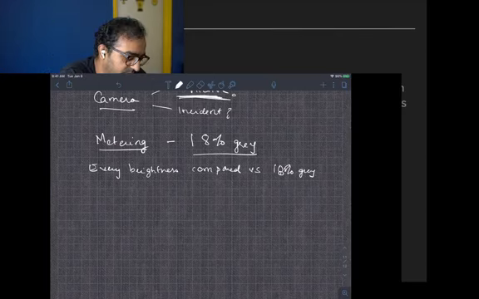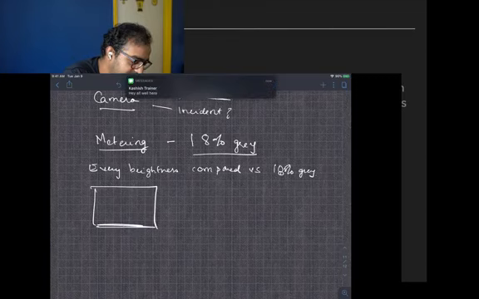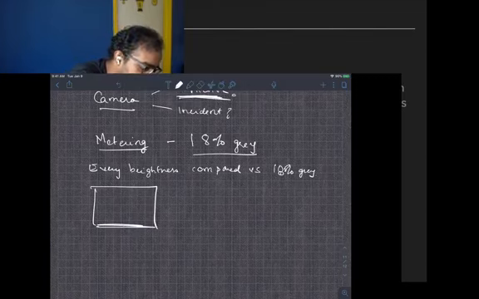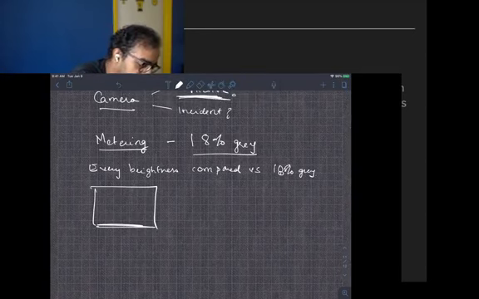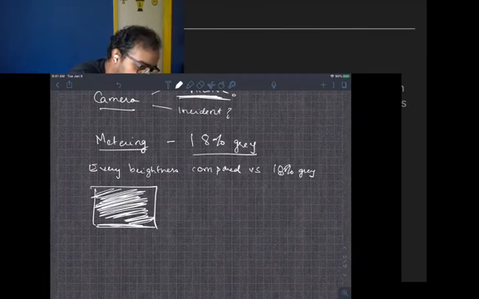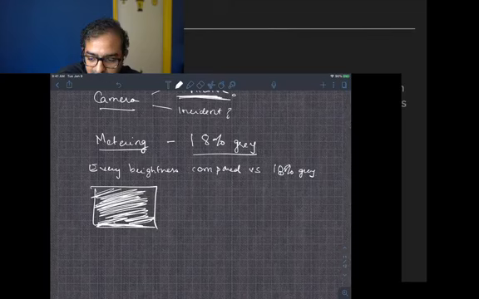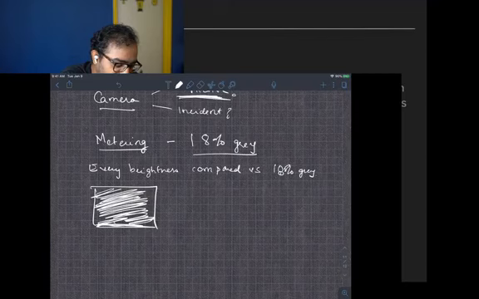So what does that mean? Let's say you take a scene. This is the scene that you're going to measure, and let's say it's very bright. It's almost all completely white, and you point your camera at this scene. What's the camera's meter going to do? The camera's meter is going to look at this and compare to 18% gray.